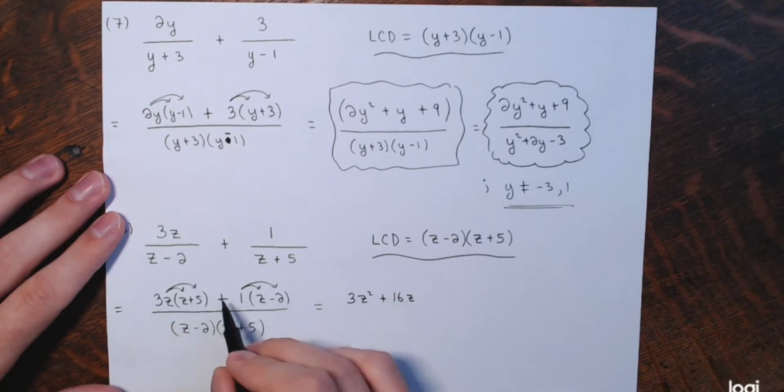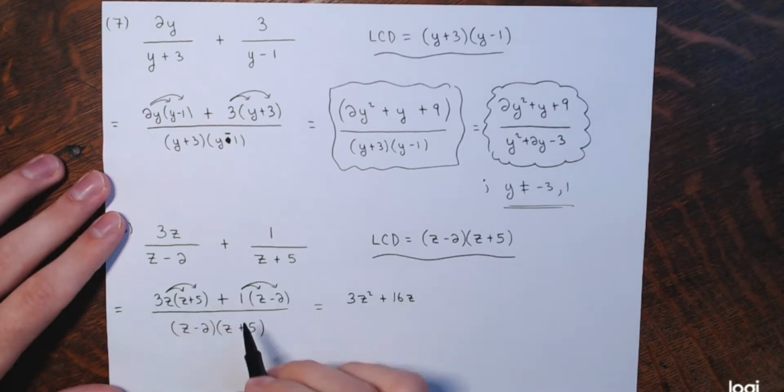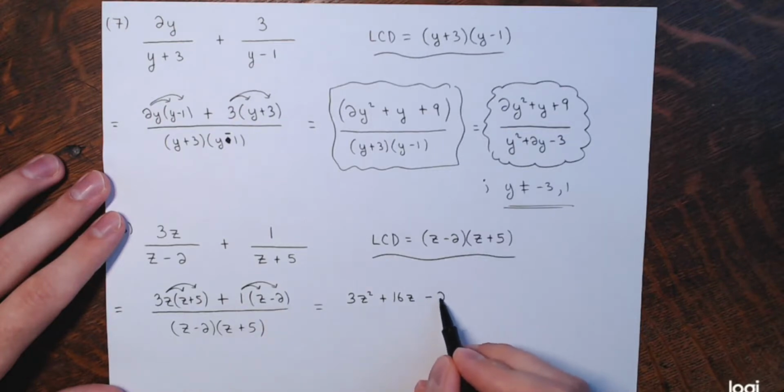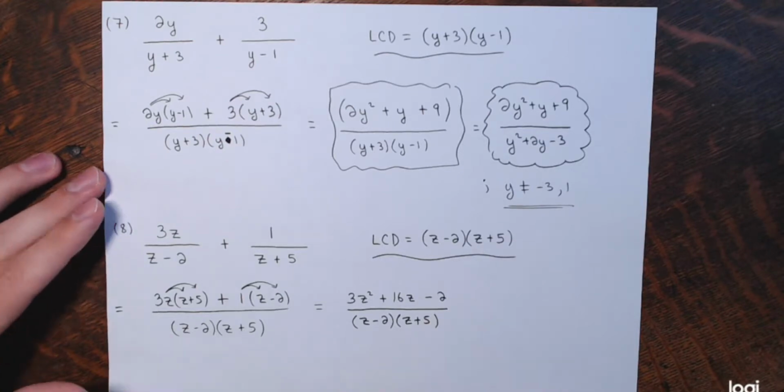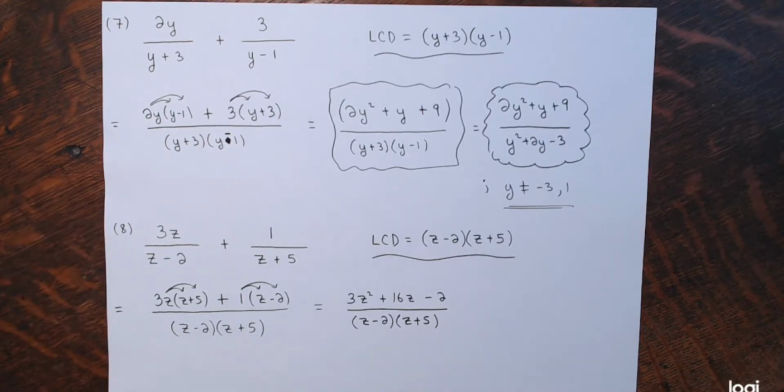Right, 15z plus 1z, and then minus 2, divided by the LCD, which again I'm writing in factored form right now: z minus 2 times z plus 5. Alright, and then you can try factoring